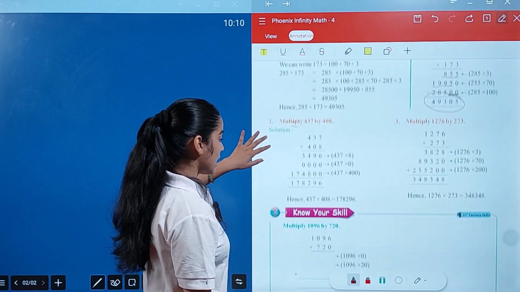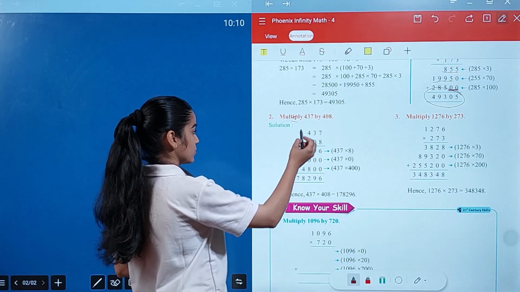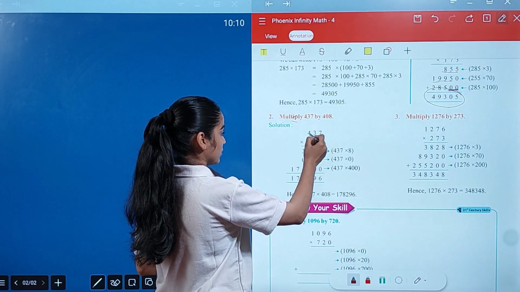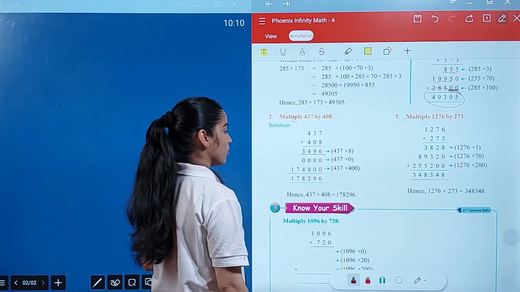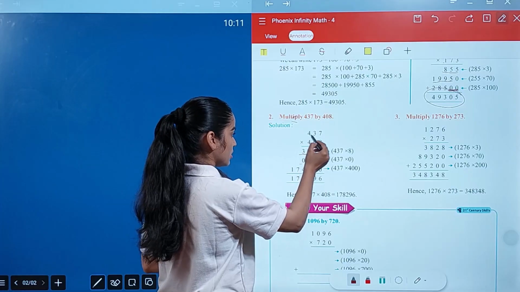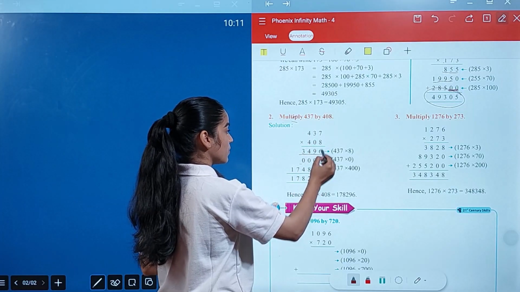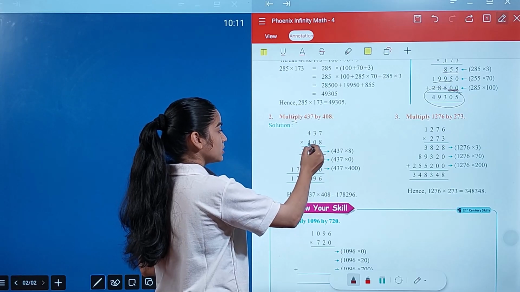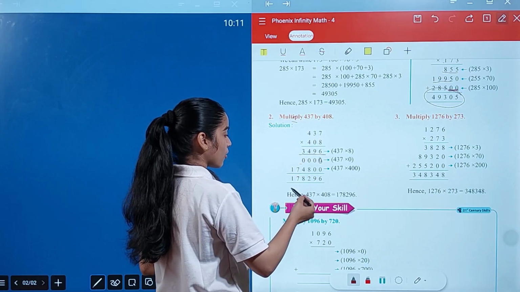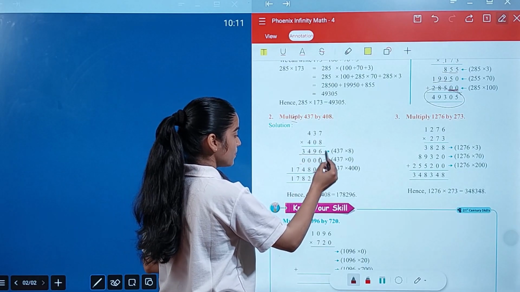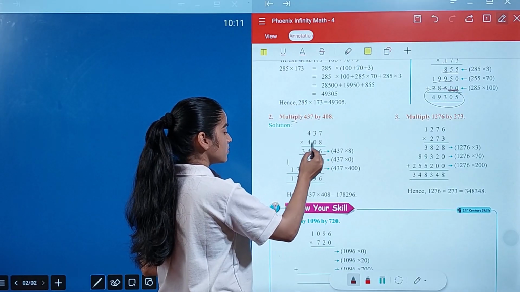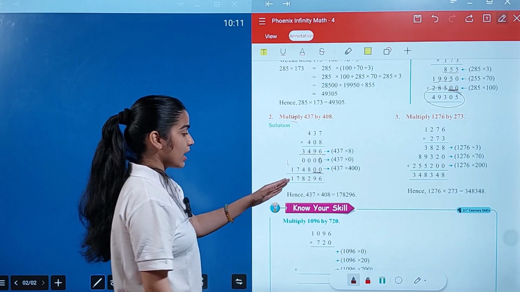Okay, students. Now one more example we are using here. 437 multiplied with 408. So when I multiply 8 with 437, I got 3496. When I multiplied 0 with 437, we got three zeros because it is a three digit number. But we are adding one more zero because we shift to the next number. After this, you have to multiply 437 with 4. So before writing the product of it, you have to add two zeros. Then after multiplying, you get 1748. These are your three addends which you have to add, and the final sum is